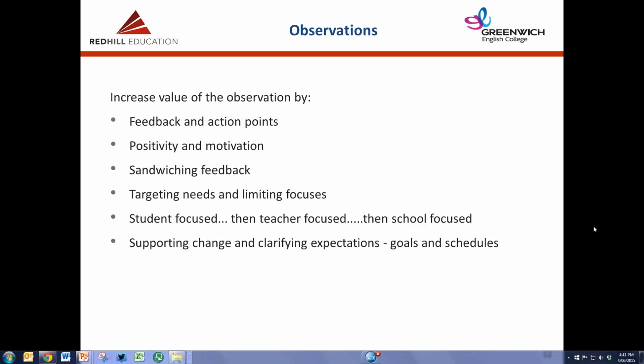Justin's asked, don't you need to point out deficiencies, especially if they're repetitive, but that could come across as negative? I don't think there's anything wrong with correcting or with saying that, don't do this. I would just say